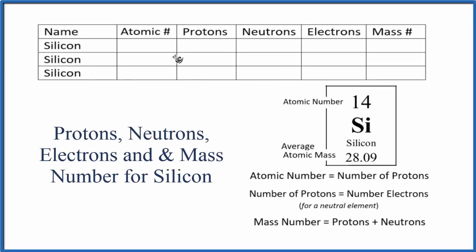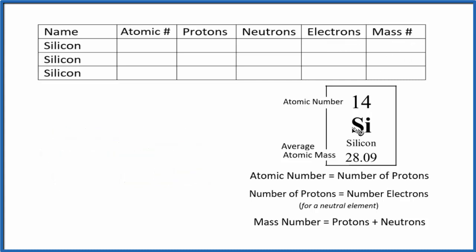In this video, we'll find the number of protons, neutrons, electrons, and the mass number for silicon. So silicon has three primary stable isotopes, and we're going to look at each one of these. More about isotopes later, though. Let's fill in the information for this table that we do know about the protons, neutrons, electrons, and mass number